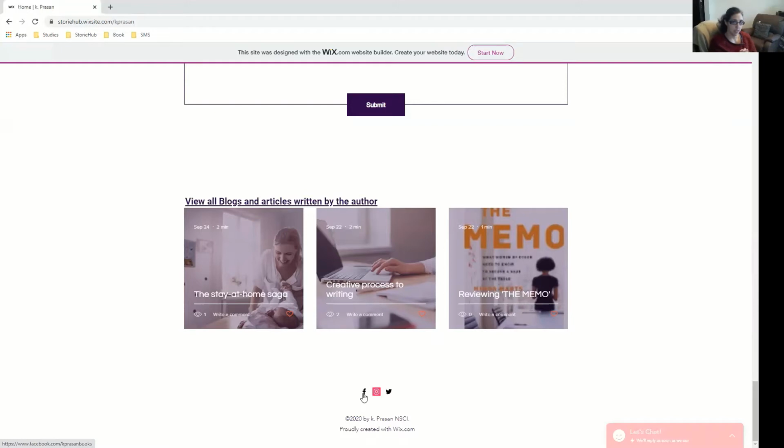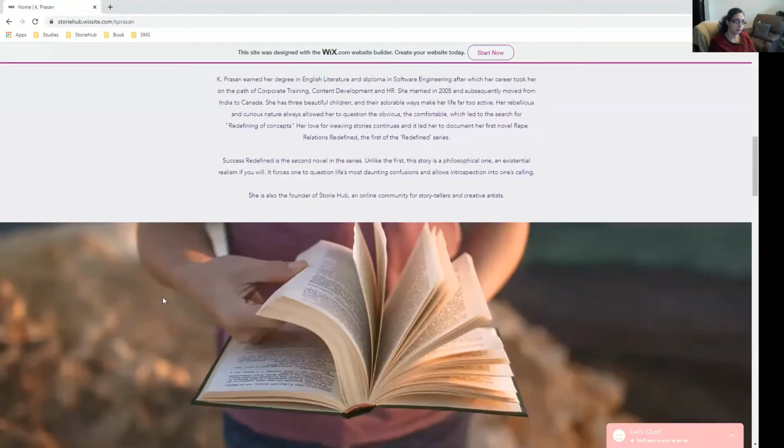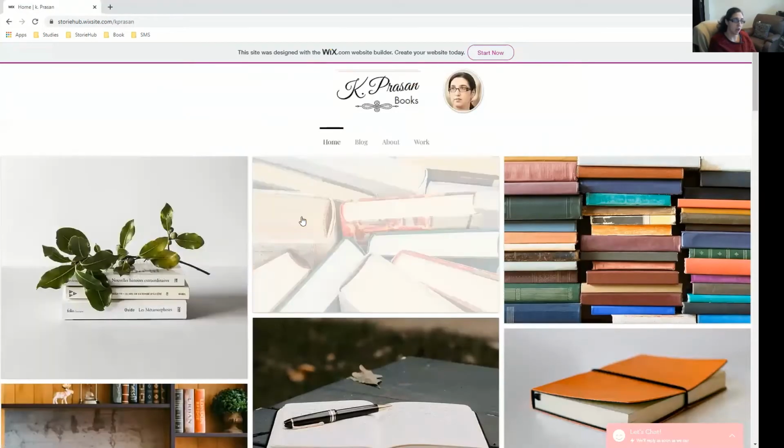First step that I did was I collected all of the information, photos, excerpts, blogs, cover pages, whatever I wanted to add onto the site, and kept it in one folder so that you have it all in one place. The pictures that you see on my homepage gallery are Wix provided stock images. So you can keep them, you can change them, depends on what you want to do and how you want the look and feel of your site.